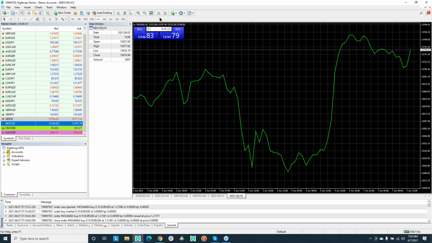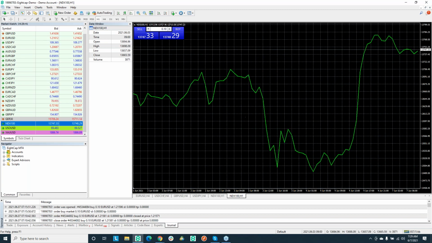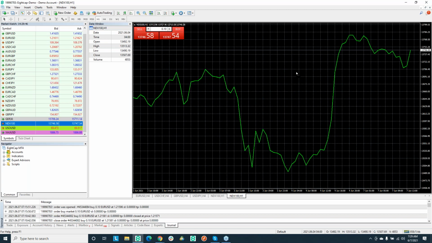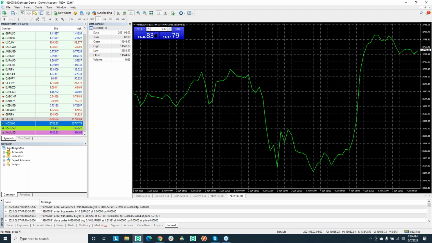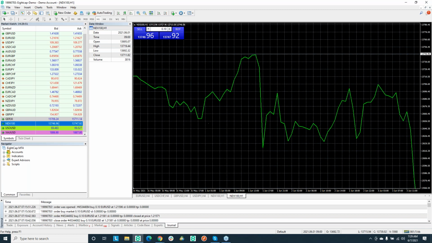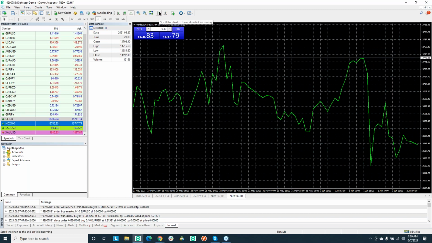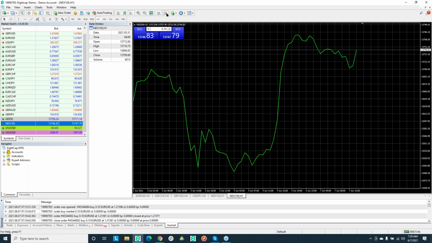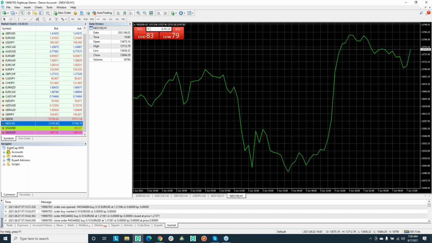If I were to unclick this, I can then move my chart around all over. If I click this, this is going to automatically take me to the front of the chart, and the chart is going to return back to the front, right? So if I want to go back in time, I have to click this green button over here and just scroll backwards on it, okay? And this will always take me to the end of the chart. So if I click this and I click this, I've locked myself down to the end of the chart. I can unclick this in terms of timing, okay? And then